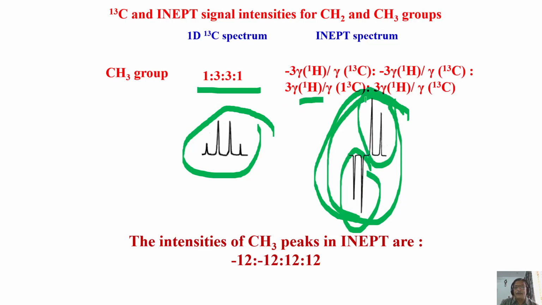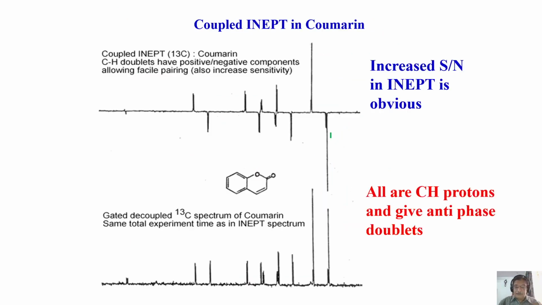Again, the intensity ratio can be given like this: 3 times gamma over this one. You work it out, and it turns out that the intensity in the case of CH3 is 12, 12, 12, 12. That's a fantastic thing. Beautiful, right? Now, in the case of INEPT,